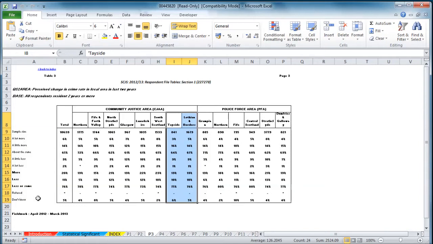So I've got this other sheet here which I haven't explained, statistical significance, so I'm going to use some of the results from here. So I'm going to use Strathclyde. So I'm going to use its base size of number of respondents from Strathclyde, which is 3,779, and then I'm going to use the value 74%, the result 74% for less or the same for the local crime rate, perception of the crime rate in the local area in the last 2 years. So if I just click on it here,